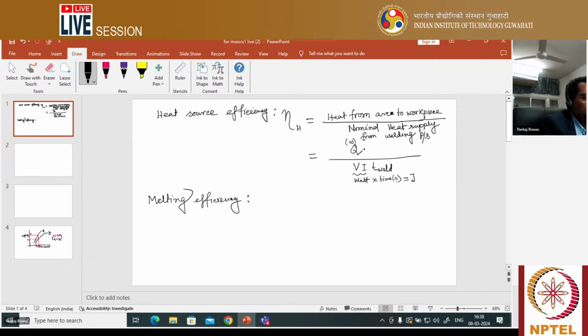With this if we multiply welding time, we will get the heat from arc to workpiece, that is watt into second, whose unit will also be joule, correct? Now T weld is common, so you can write Q by